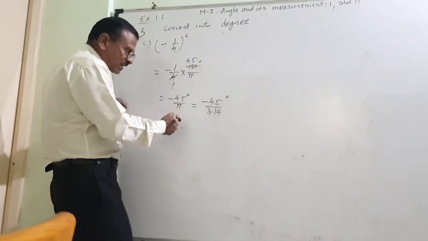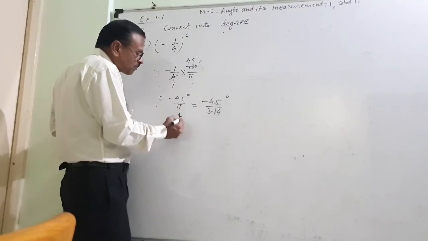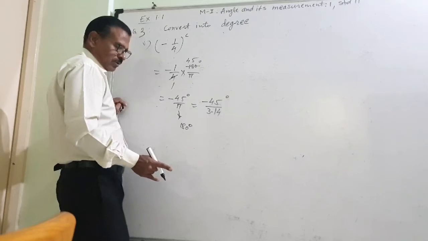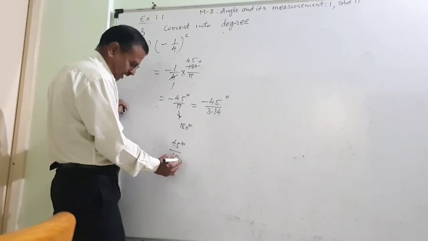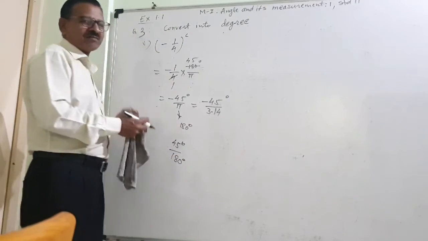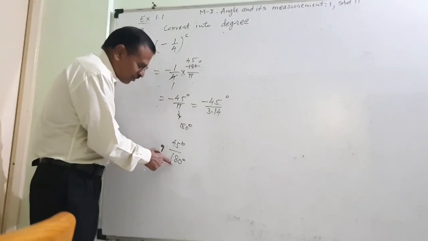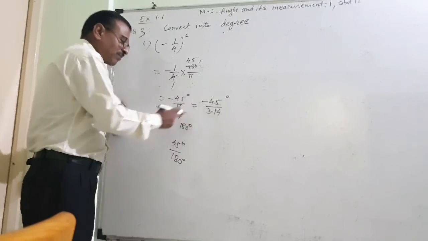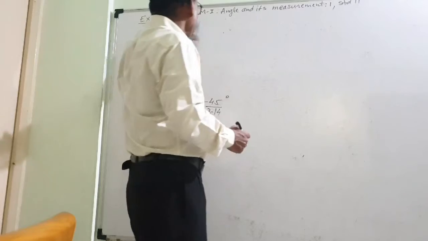If you want to go further, you have to remove this pi now. Don't put this pi as 180 degree. Why not see 45 degree upon 180 degree? This way it will be coming in a decimal point. While putting this value, you will put not 180, you will put 3.14, means 22 upon 7. Hope that this question is also over for you.